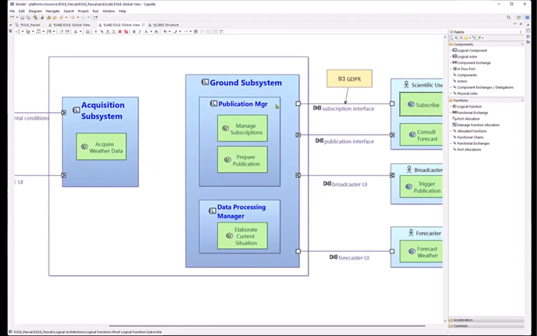But now, methodologically in Arcadia, we can do two different things. We could do a very simple one, which consists in moving the port directly to the publication manager. Publication interface, output to the publication manager, and so on. That's possible in Arcadia. But it would mean that the ground subsystem as a component has no real external interface. But if you really want to be able to show the ground subsystem with its external ports, because at physical level they will exist,